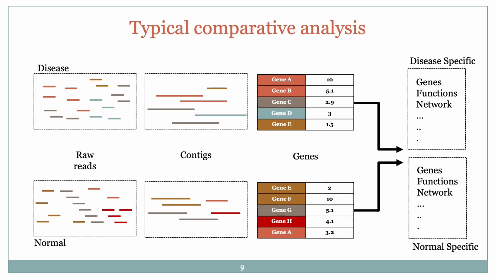The idea behind our approach is different from the typical comparative analysis: we move the comparison step afterwards. The typical traditional way of doing comparative analysis is that we have a lot of shotgun metagenomic sequences. We do assembly, get contigs, predict genes from them, and hopefully from there we can do comparison between the two groups of samples. We can get differential genes or functions or biological pathways,